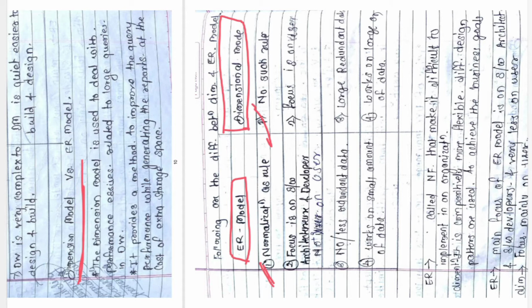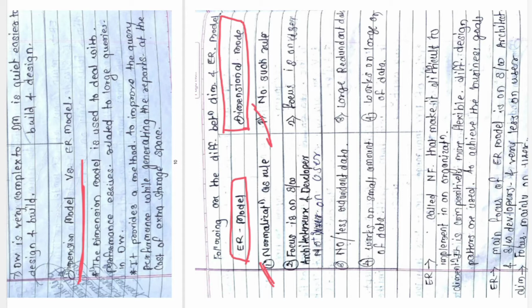In day-to-day life, you will see that the number of databases will be hardly in second normal form, and some of them will be in third normal form. It will be a rare case where you get a fourth normal form, because the data dependencies should be less. If I want to reduce the data dependency to a very low level, then it will be very difficult to get that data. So that is the problem in the ER model, that we need to talk about the normalization, but in dimensional modeling it is not the case.